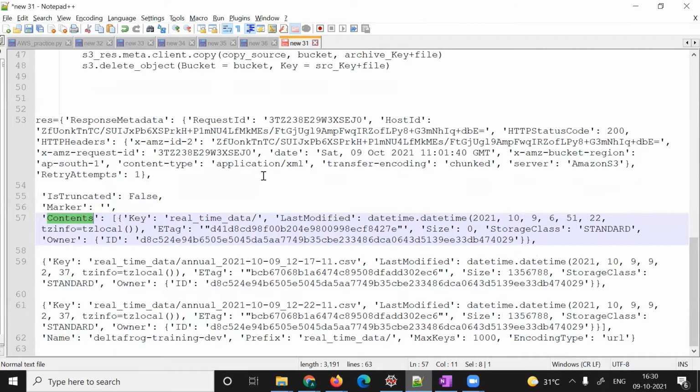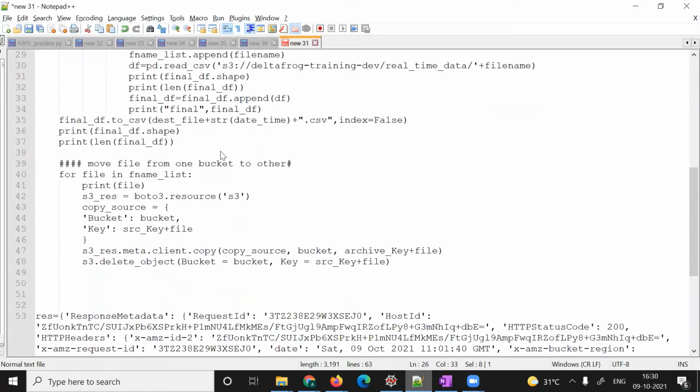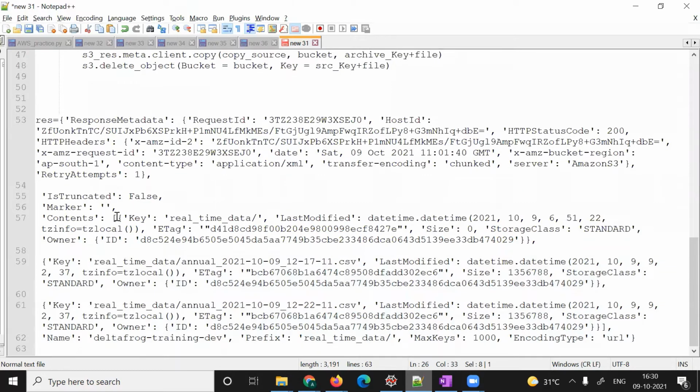So that's what I'm doing here. If you see my code here, I'm just checking if content is there in RES. Okay, if it's there, then I'm taking the content. So this will give me the list element, and the first element in the list is a dictionary.